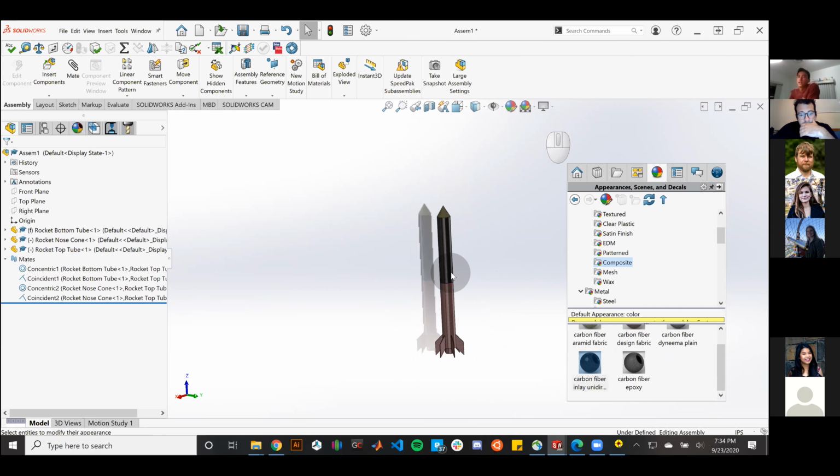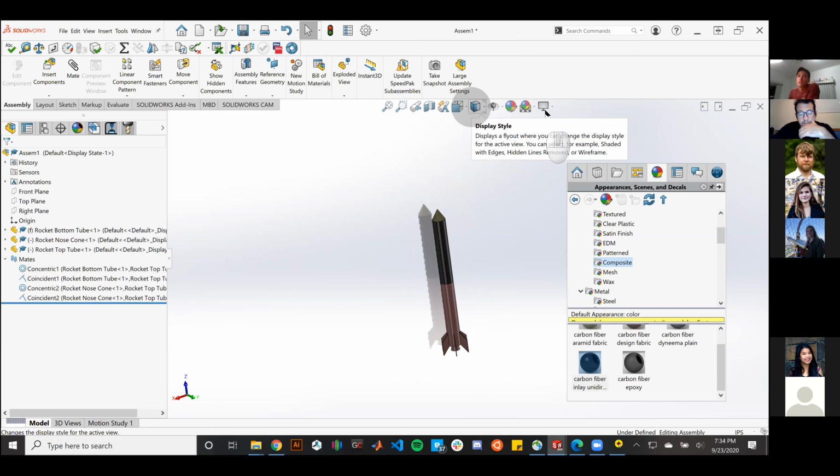Great, so now our rocket has an appearance, and we're going to finish off by giving it a scene. So in the top of our toolbar, where we also have our magnifying glass and view orientation, on the right-hand circle, where you have a little sphere, a colored sphere with a checkered background, and it highlights to apply scene. If I click on that,